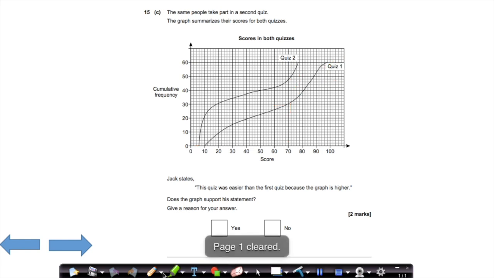So those are the 2 marks, and then some sort of comparison. Talking about the medians might be the easiest way, and/or talking about no one scoring higher than 77 on quiz 2, but the maximum score on quiz 1 being 98. So,